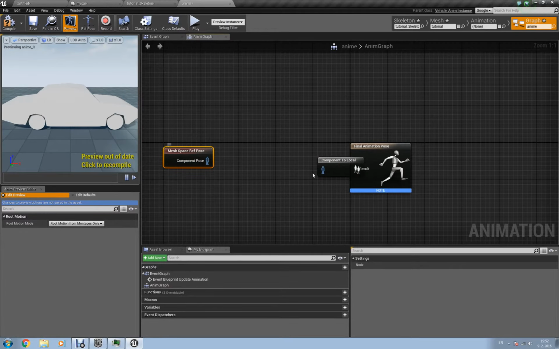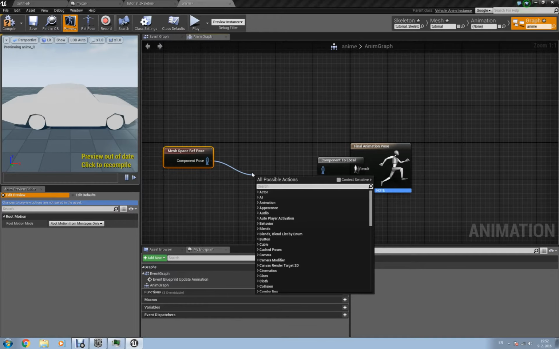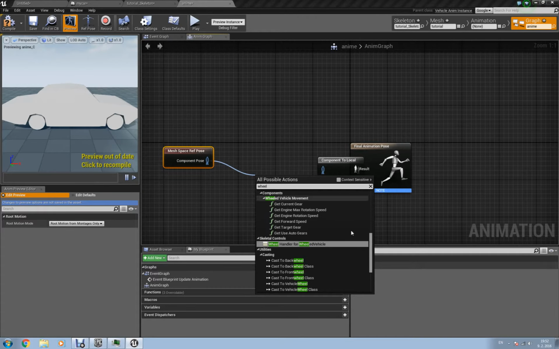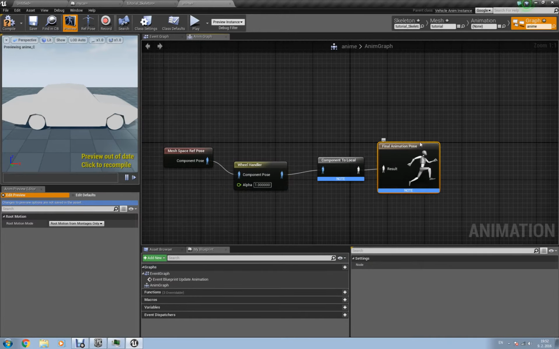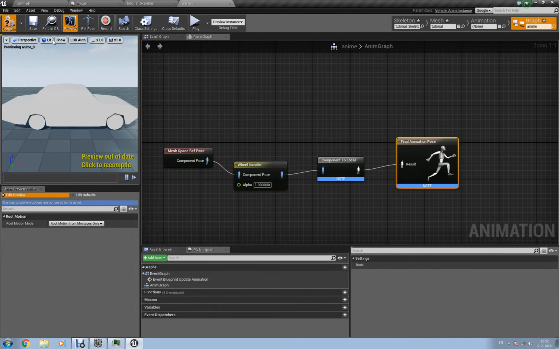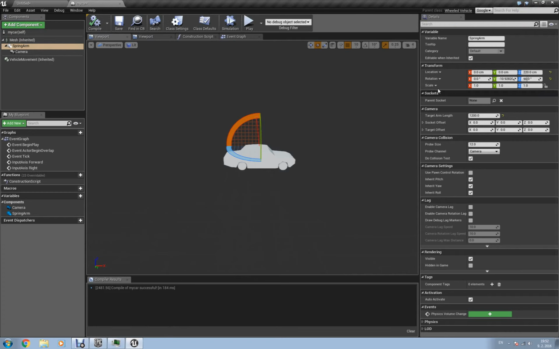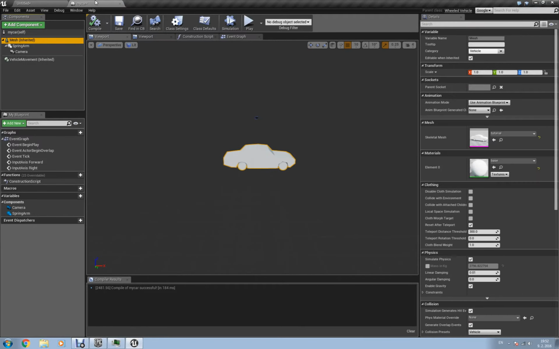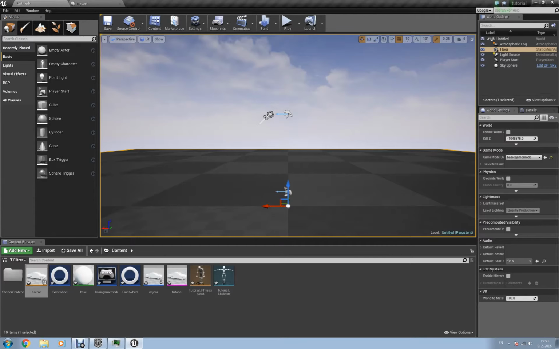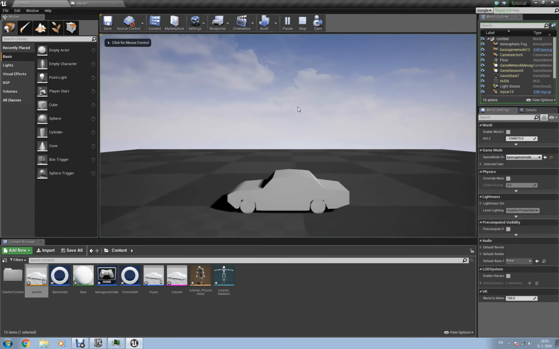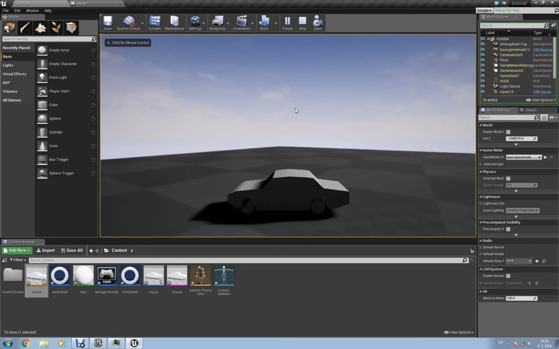Alt click to break the link, and right wheel handler for wheeled vehicle, and just do it like this, and that's it. Compile, we can quit it, and here in my car blueprint we want to add this animation. So that's it. Our wheels are turning, our car is turning,